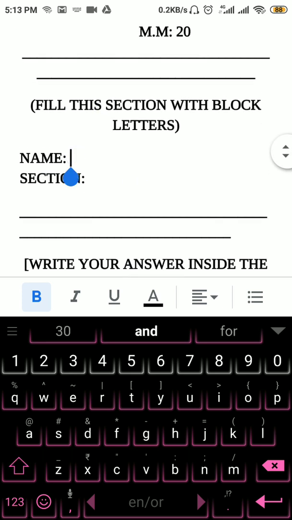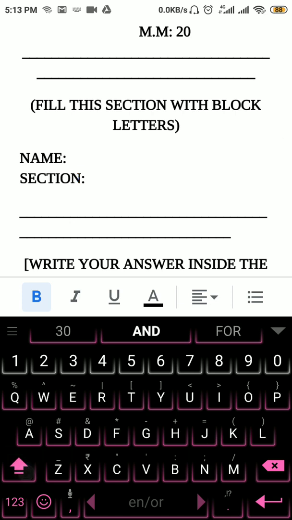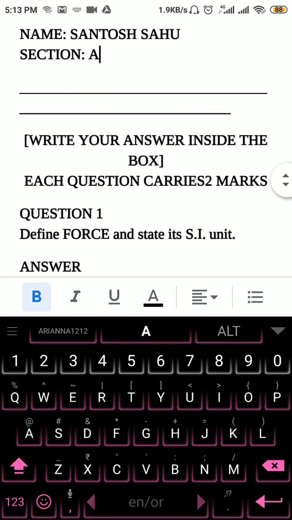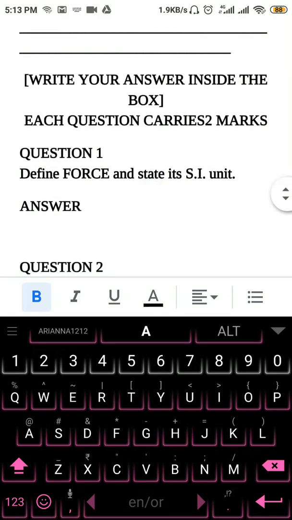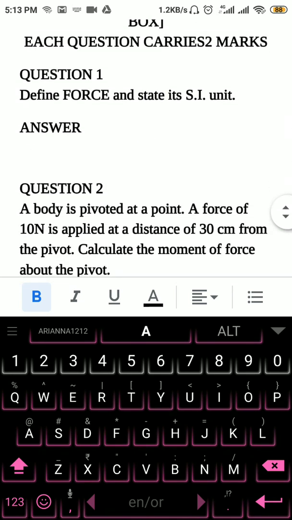You have to write here what is given: fill the section with block letters. Now I'm taking it as block. Now write the name Santosh Sahu here. Then section A, then write the answers inside the box, and each question has 2 marks. See here, there is a box, so you write in the box. If there is no box, then write here. Just click here and we'll get an interface like this. The question is: define force, and state its SI unit. Force is what,